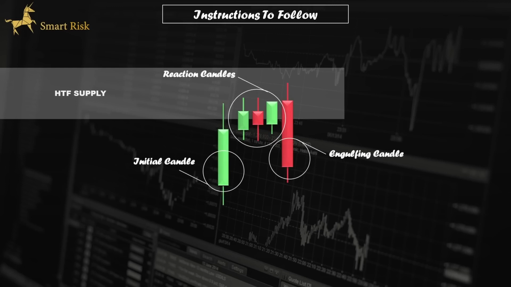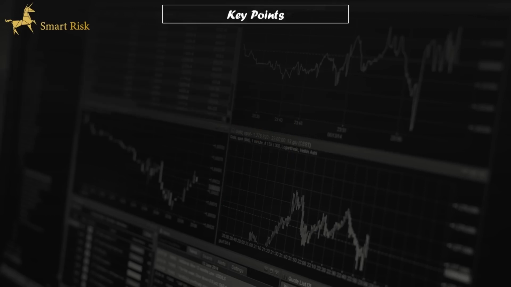Essentially, what we're looking for is the last candle to engulf the reaction candles and break out of the supply zone. This means we're waiting for the price to break below the bodies and also the wicks of the reaction candles. Before moving to trade examples, let's go through some key points that we need to consider to apply this